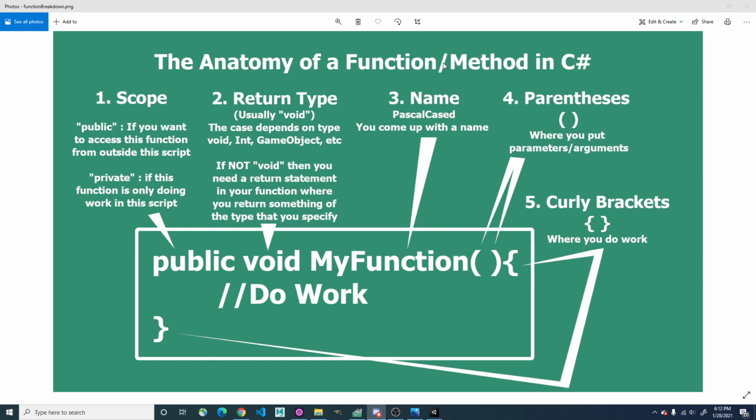So a function or a method, which I'm usually going to call a function, probably just because that's what I call it, but other people will say method, and that means the same thing. And that just means it's a block of code that's going to do something. And so the different parts of,